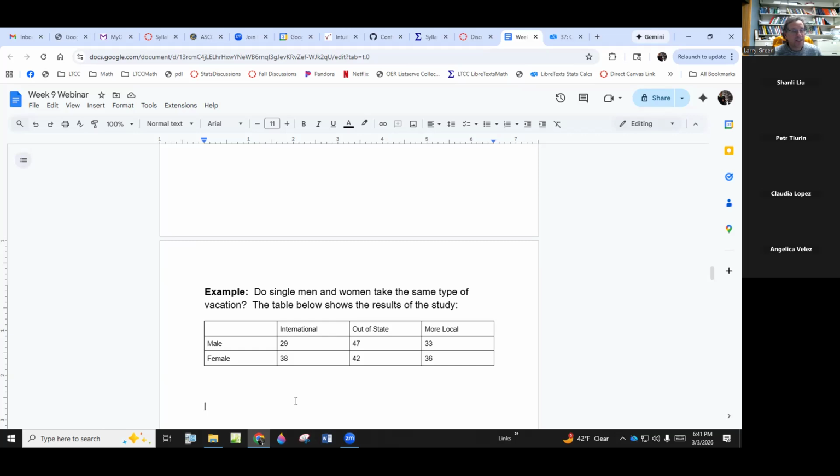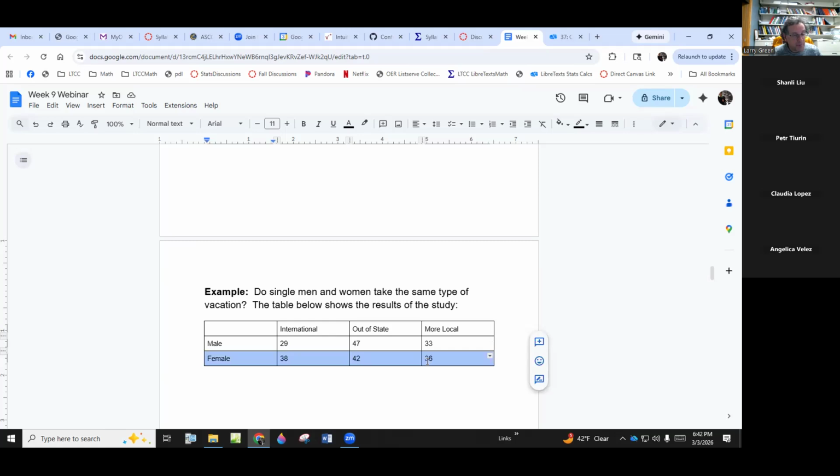I don't see y'all jumping in. The answer is no. Because if it was a test for independence, then it would say, is gender and travel type independent? Does that make sense? What this is, we're looking at men and their distribution of travel type. We're looking at women and their distribution of travel type, and we want to see if they're